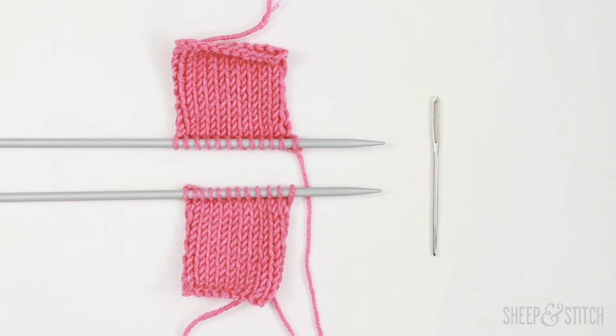Hello, I'm Davina from sheepandstitch.com, and today I'm going to show you how to seam two pieces of knitted fabric together using Kitchener stitch. Alright, so in order to seam with Kitchener stitch, you really need to have two pieces